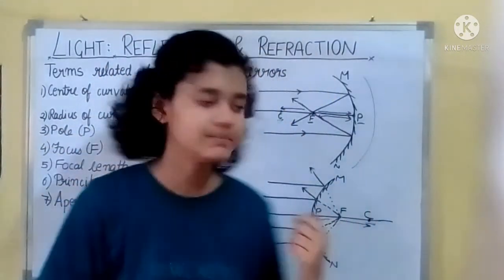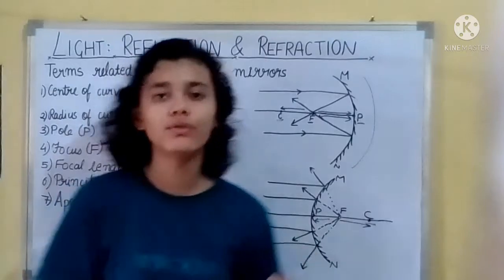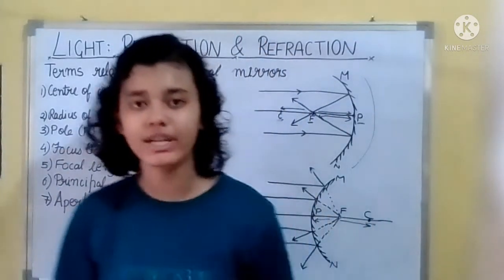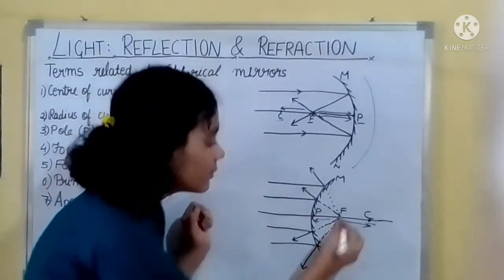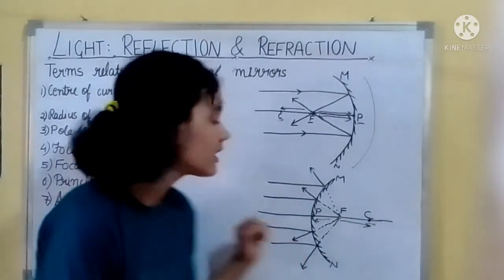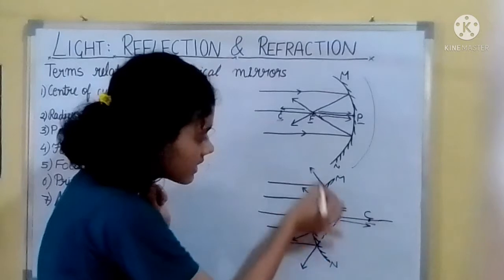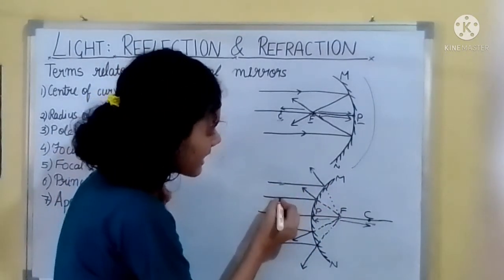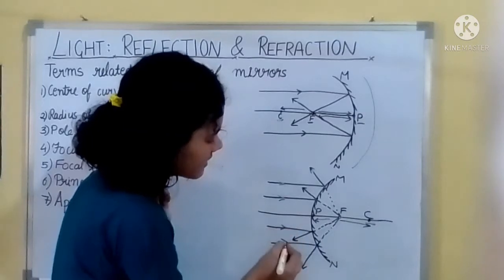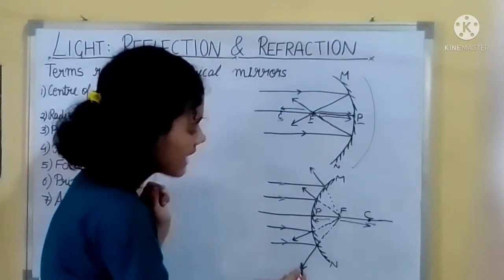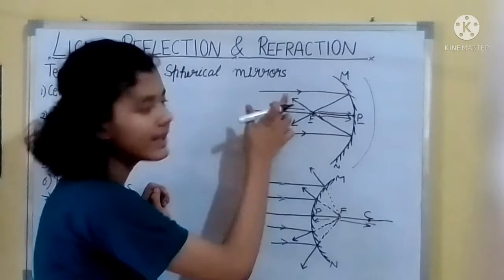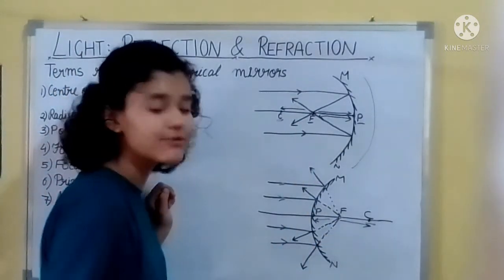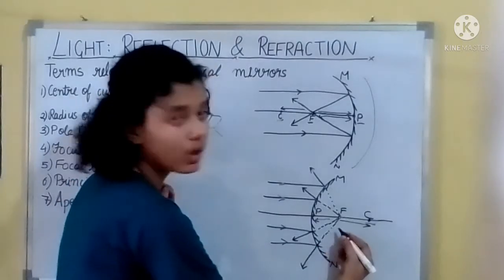Then the focus. So in this, focus is not the point where the reflected rays converge. यहाँ पे convex mirror में focus से ये हमारी reflected rays diverge होती है. Means first parallel rays will come and then they will diverge. Okay, as you can see in this one, these are going inwards. In this one it will go outwards. Okay, so from the focus first they will diverge. You can see these are the dotted lines.